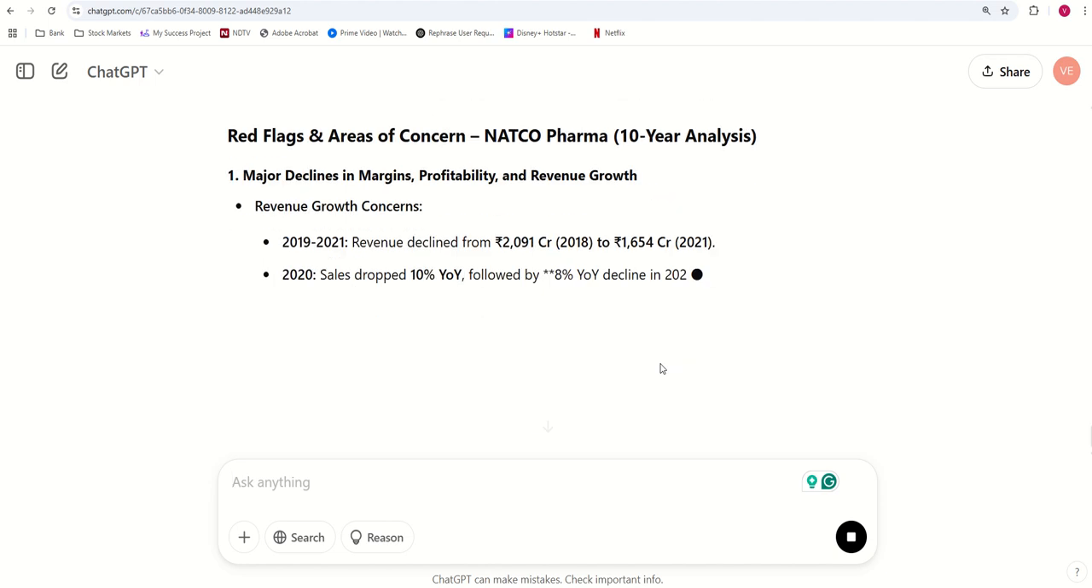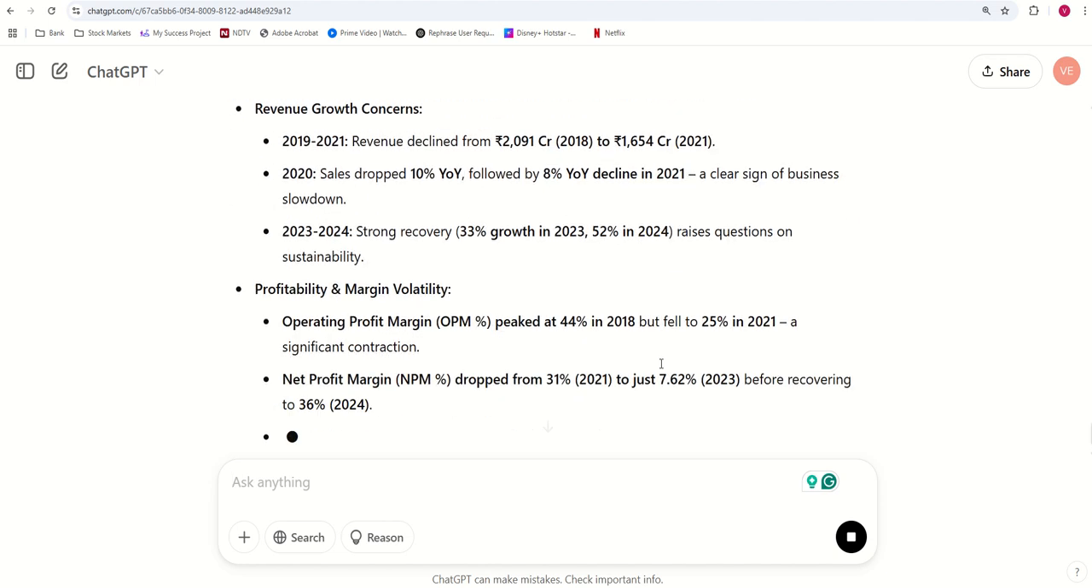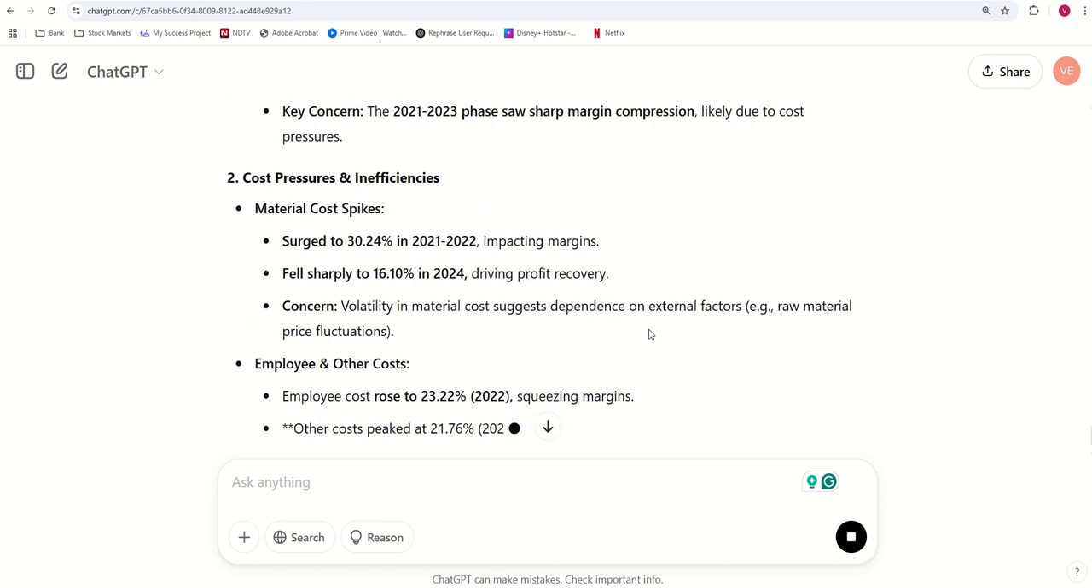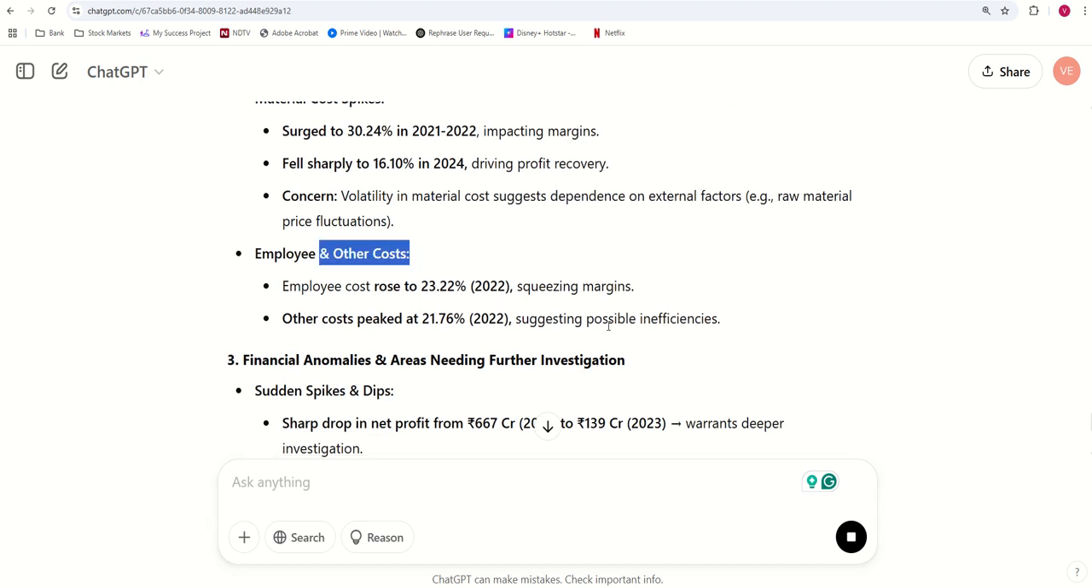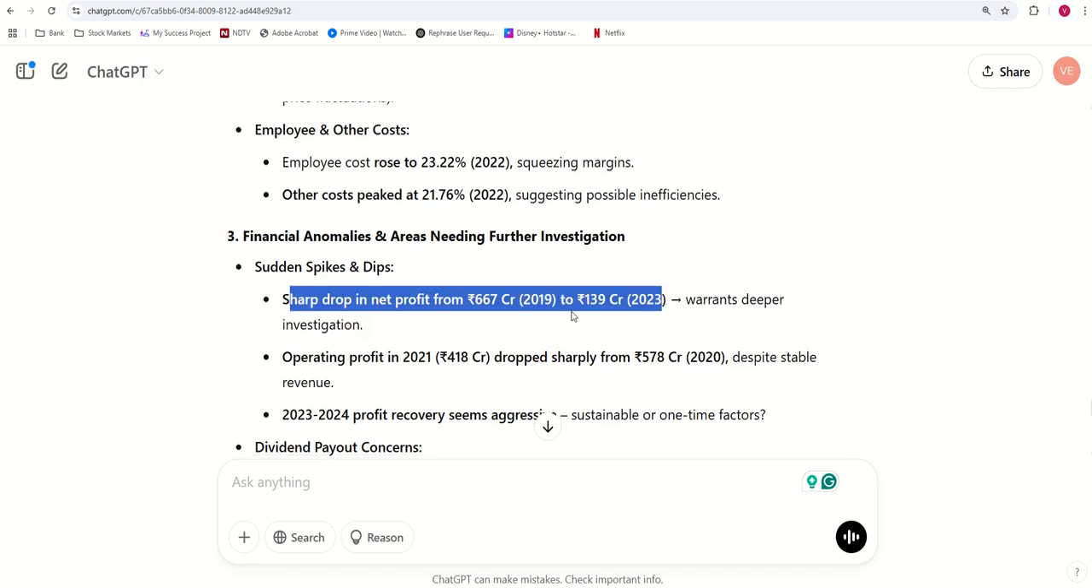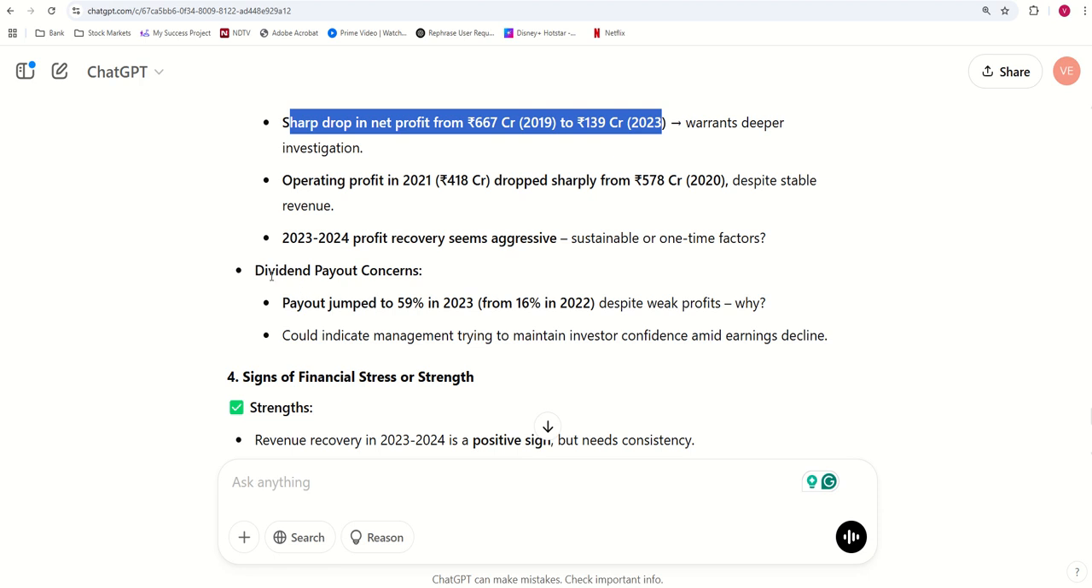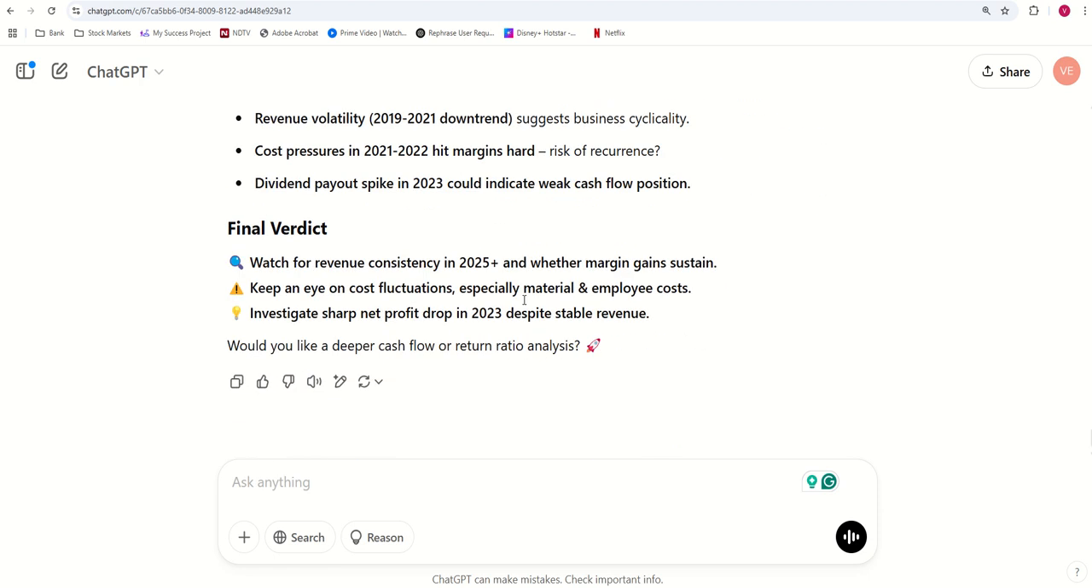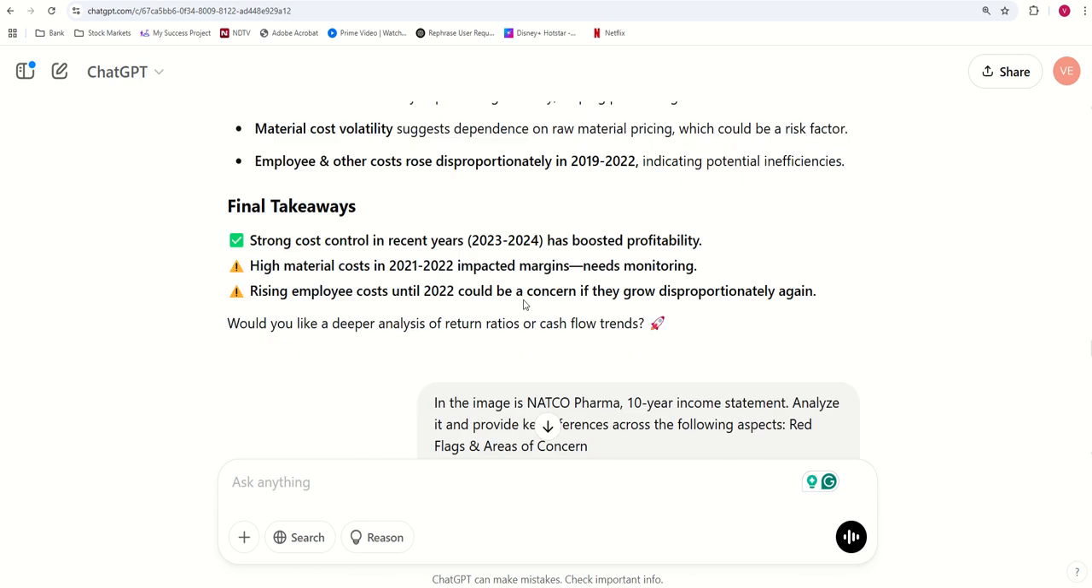Okay. So the red flags, it says what cost was increasing, decreasing, where there was a spike, where there was a discount and dividend payout concerns. All that has come out very well. So to make this comparison